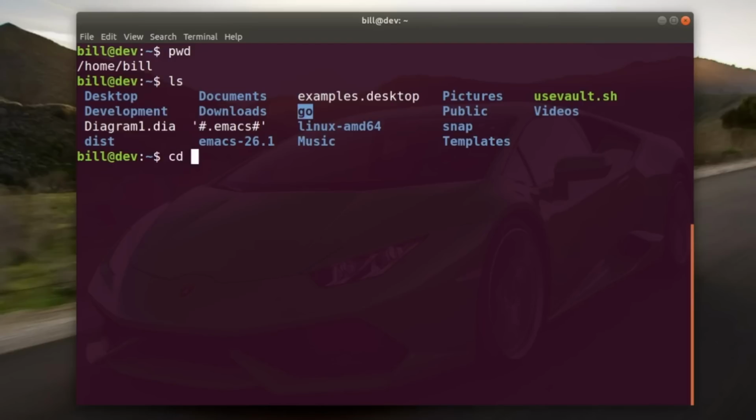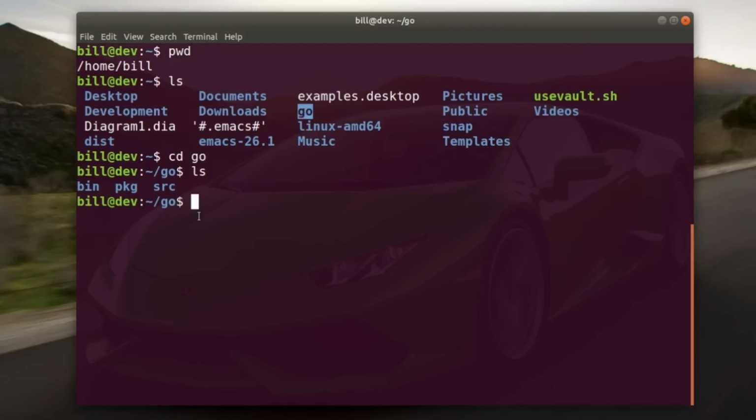If we change directory into here, and it'll be the same on Windows, whatever your home directory is, and on Mac, whatever your home directory is, there's going to be a Go folder in here after you install Go. So we want to make sure that there's at least a bin and a src directory there. The pkg directory will get created later on when we install packages. You can create it now if you want, it doesn't matter. So we need to make sure we have at least those two directories in there, the bin and the src